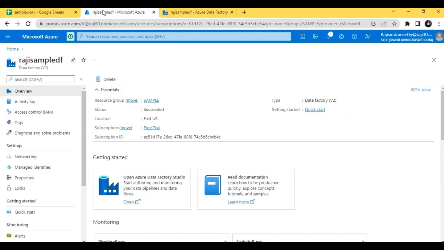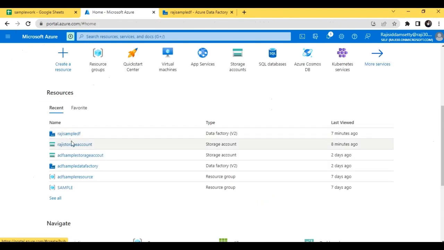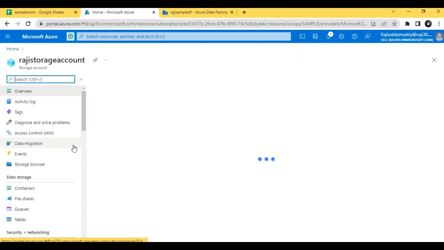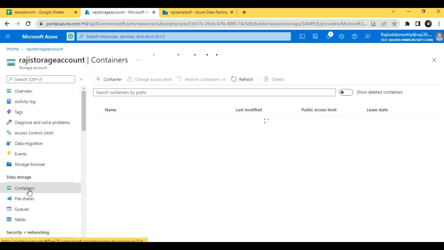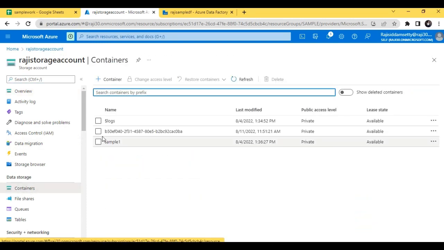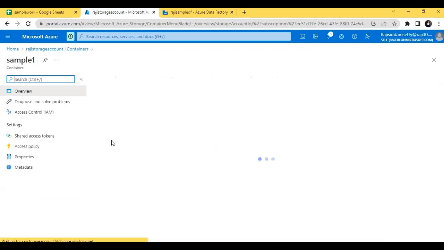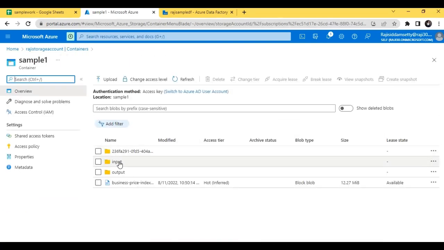Now let us check if the files are deleted or not. Go to the storage account, container. See, the CSV file is deleted and the deleted file list is saved in this folder.